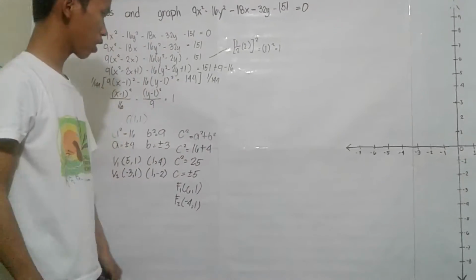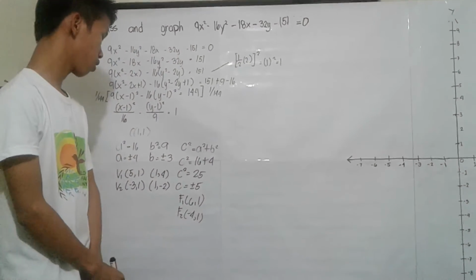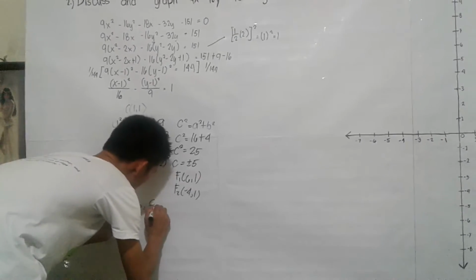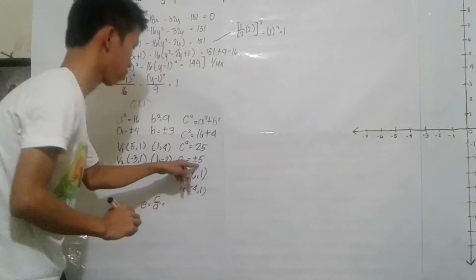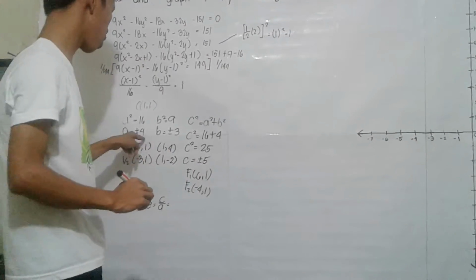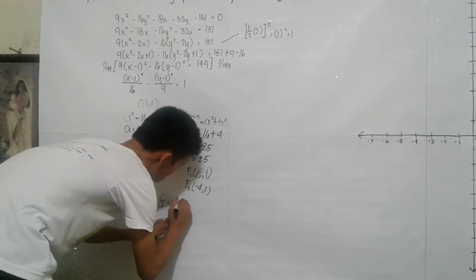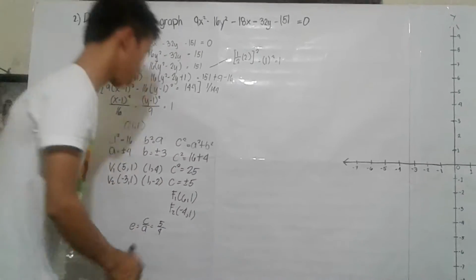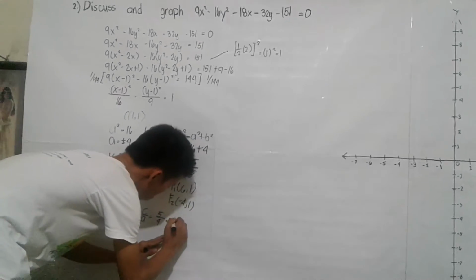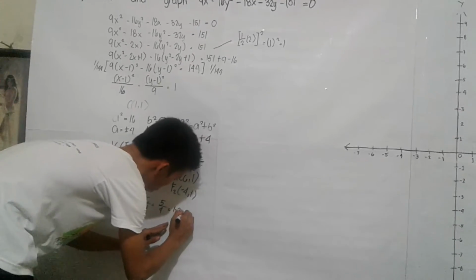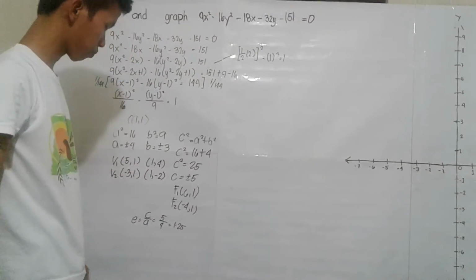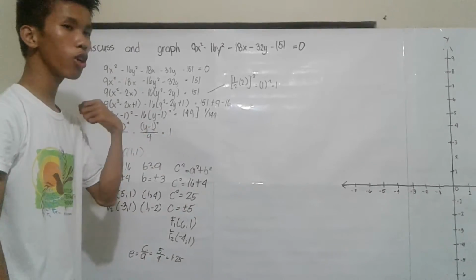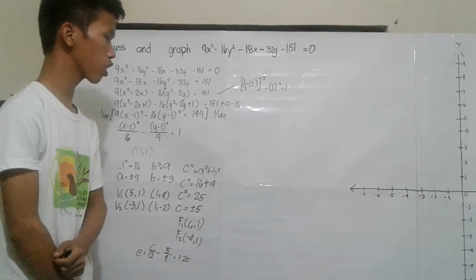So next, let's find out the value of our eccentricity. So our eccentricity is c over a. So do the substitution. So 5/4. So 5/4, I think the value is 1.25. So now let's find out the value of our length of latus rectum using the formula